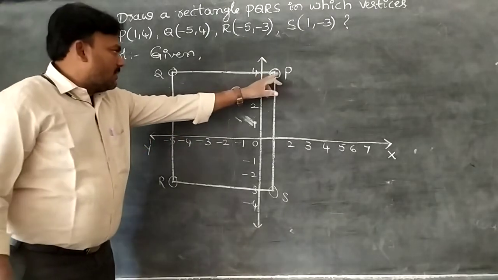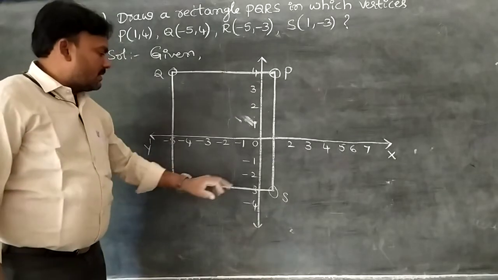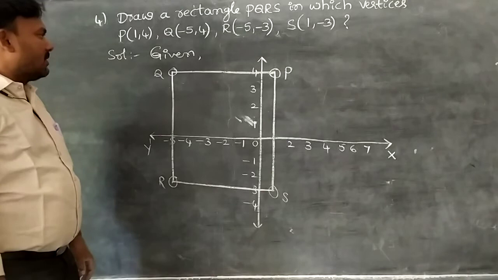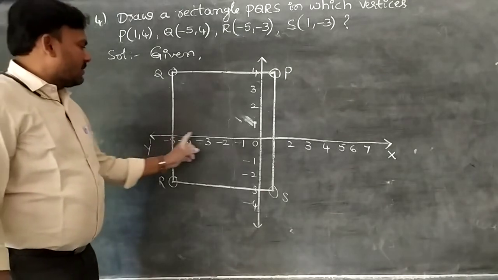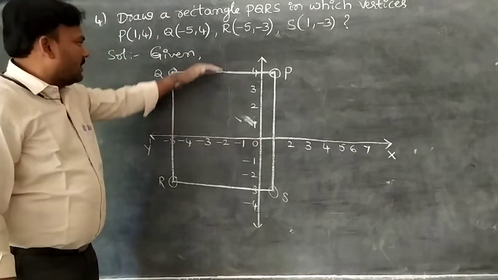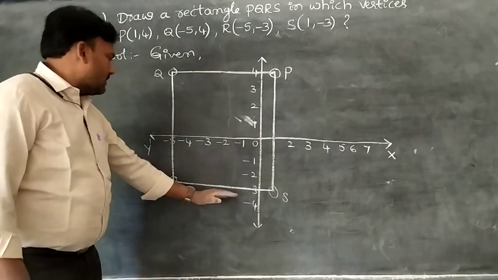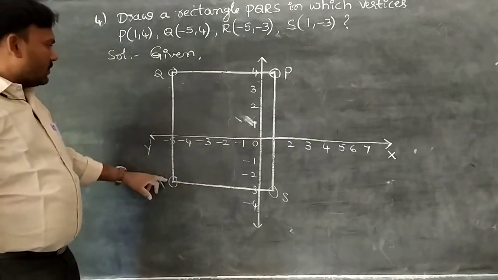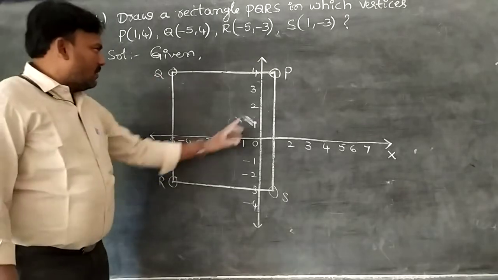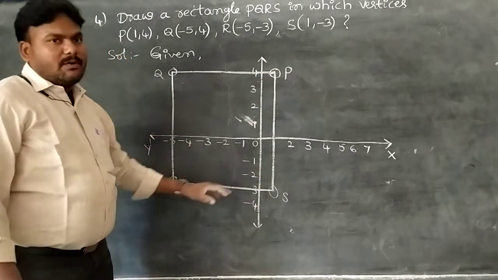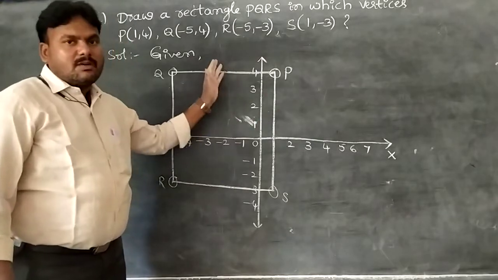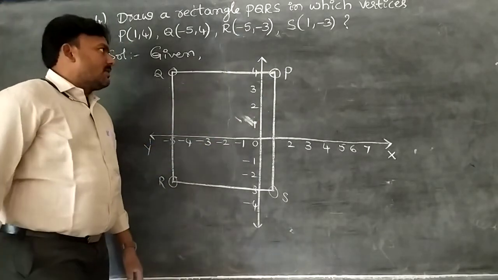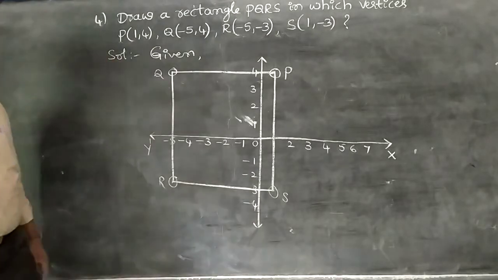So here, observe PQRS. PQRS is a rectangle. How is it possible? Observe. Minus 5 to 1 means totally 6 units in PQ along with RS. Coming to this side, here 4, here also 3, total QR equal to PS equal to 7 units. So opposite sides are equal. That means PQRS is a rectangle, students. We go for another problem.